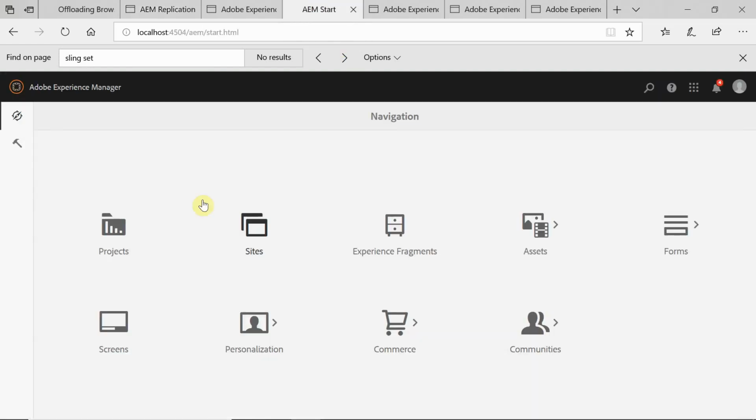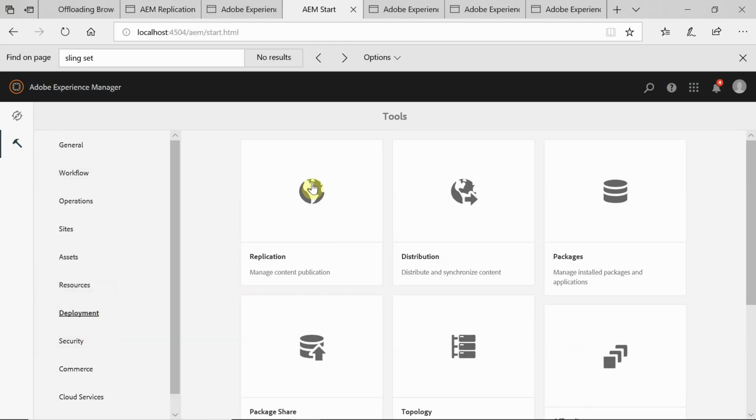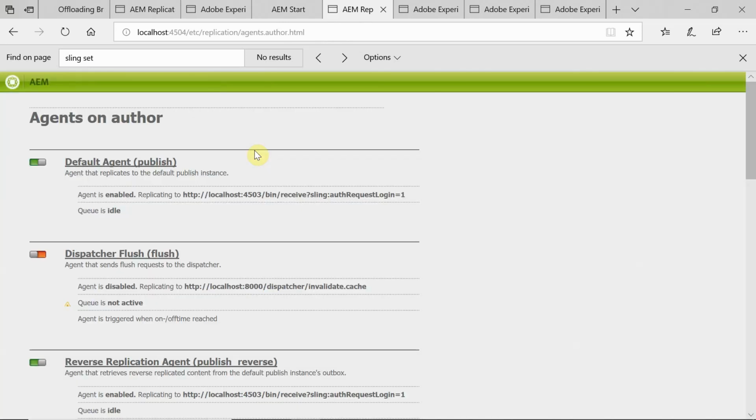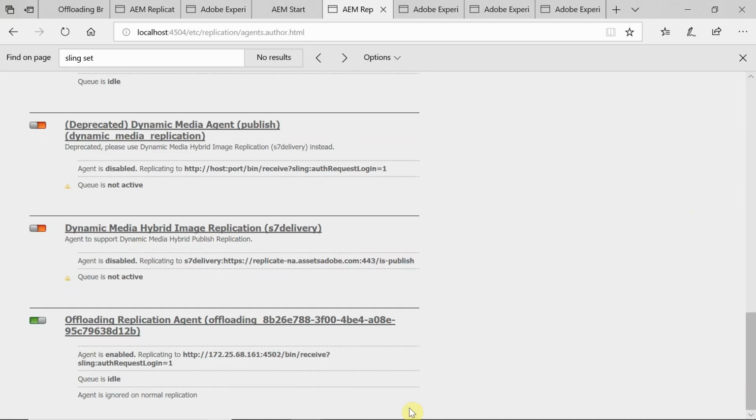Now we need to do the same thing in the worker. Go to the worker, deployment, replication, agents on author. If you come to the bottom, the same name, offloading underscore replication agent, where offloading underscore is the Sling ID of the master.